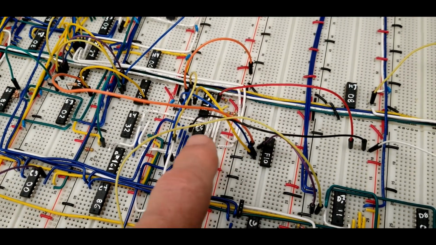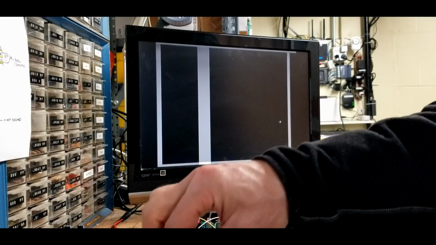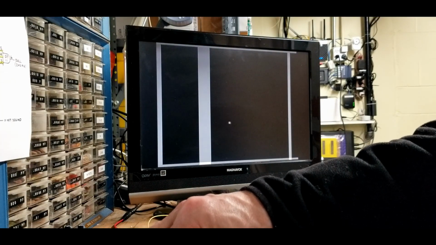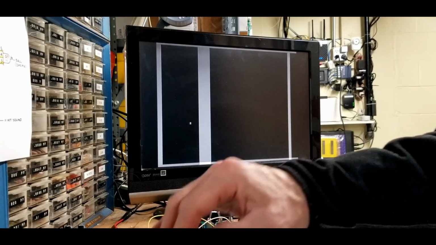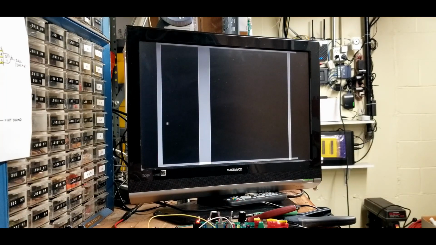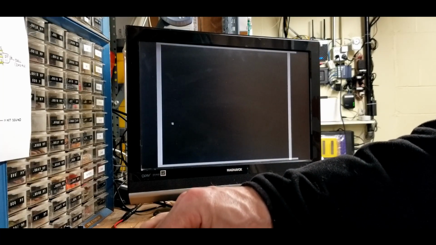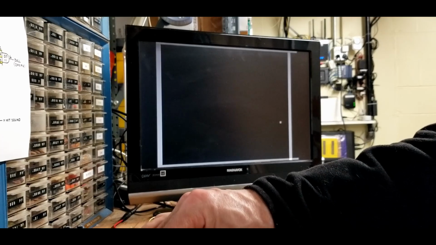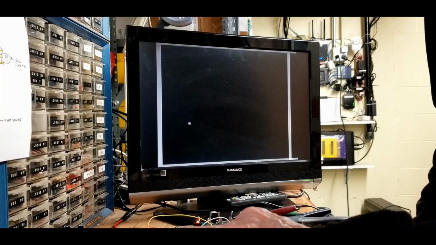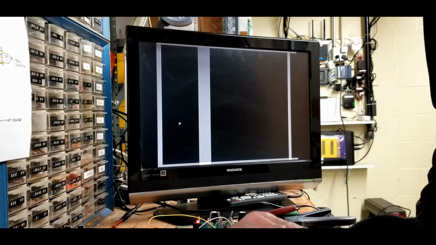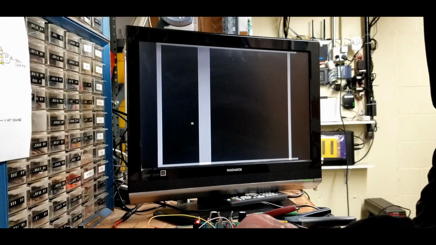I temporarily wired this up here. Bounces off the fake wall. Allow the ball to go through and turn it back on. Bounces off the back. Well, here's a stupid idea. Let's pretend our fake wall is one large brick and only display it when brick hit is off. Should disappear when hit and reappear when the ball hits the paddle or back wall. Kinda stupid, but fun to try.